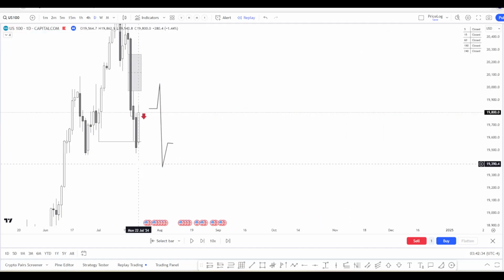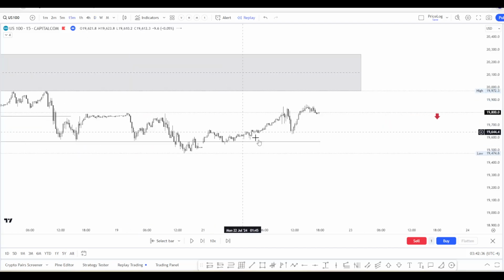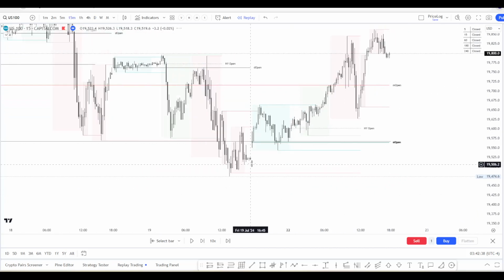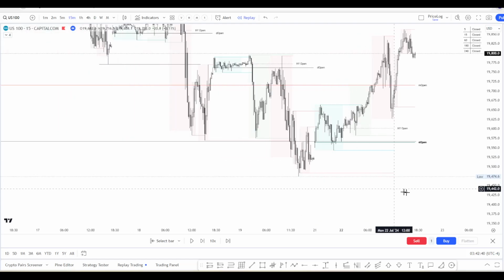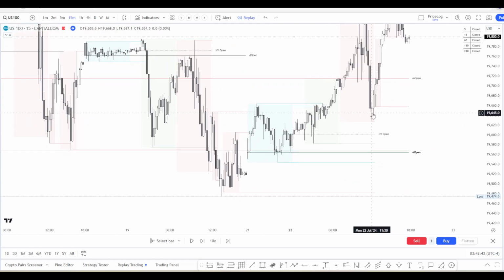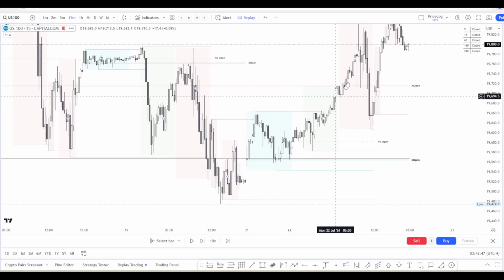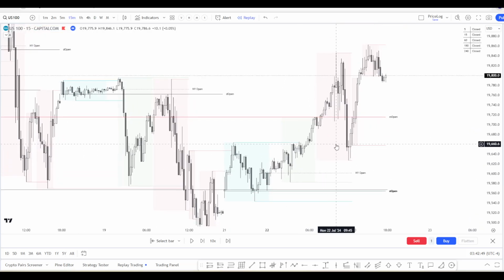So let's see, this is the 22nd of July we're looking for. Okay, so right here, right now, we see that Asia opens up. This here is literally looking like the day yesterday. There's like 1 to 1. If you go and look,